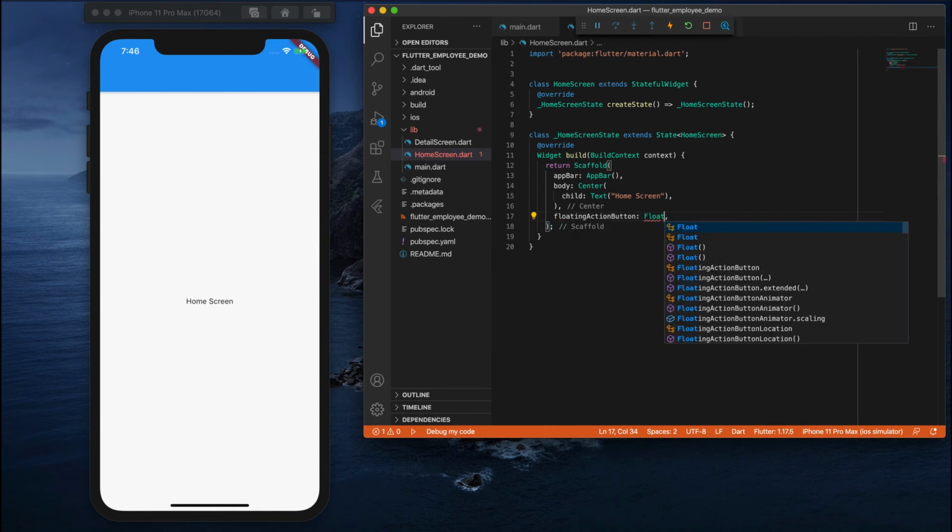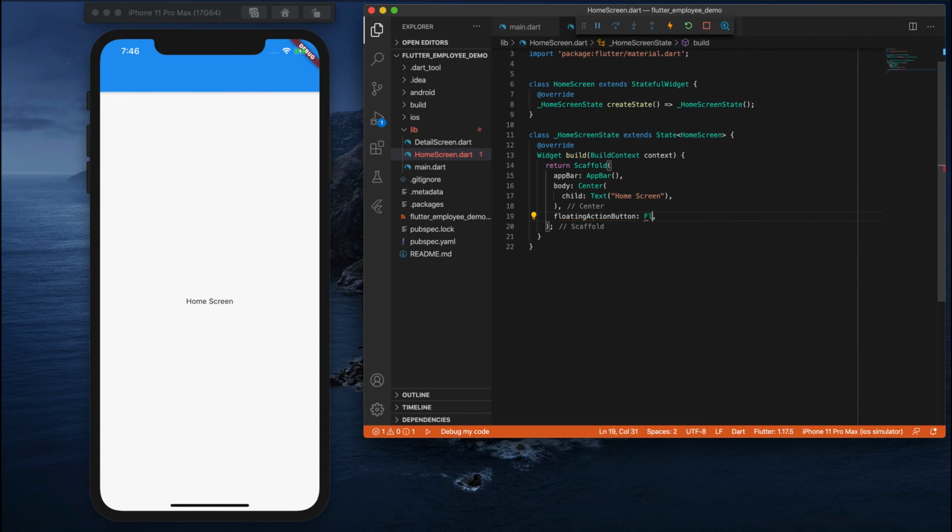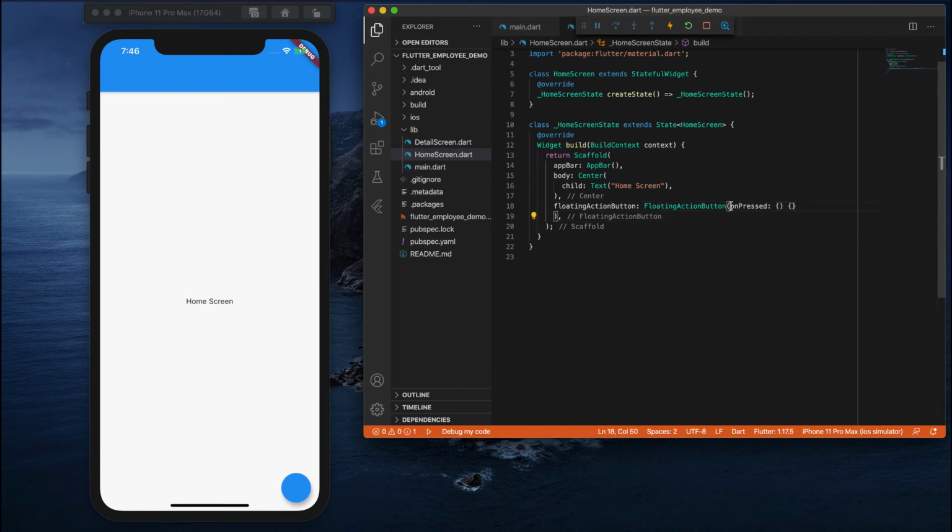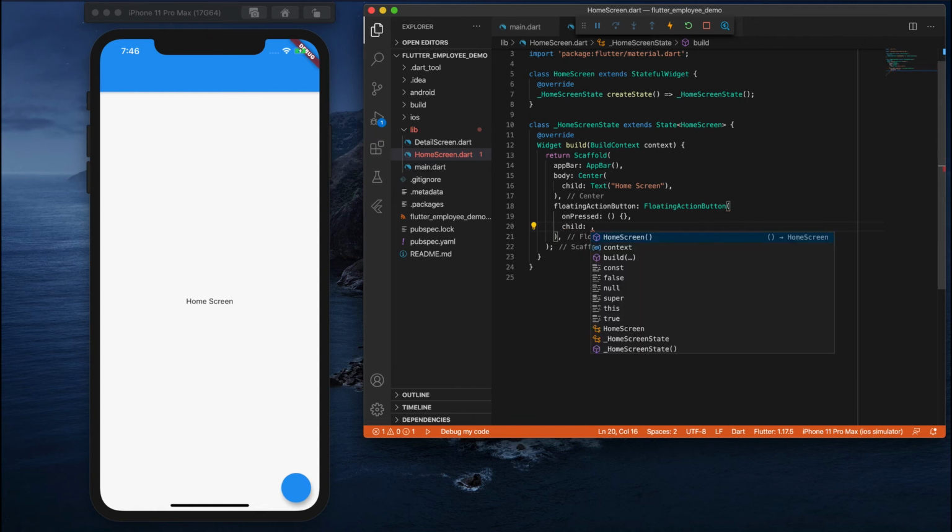I'm just creating one floating action button, with a child, and named it Click.